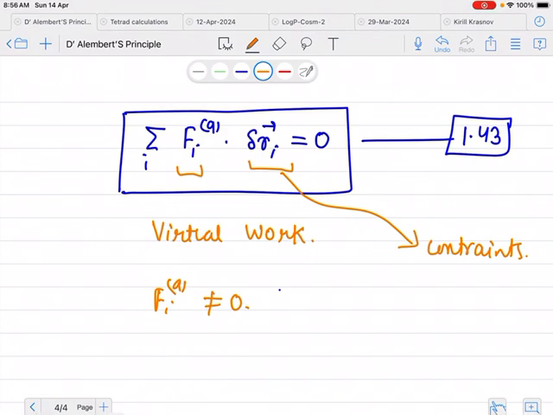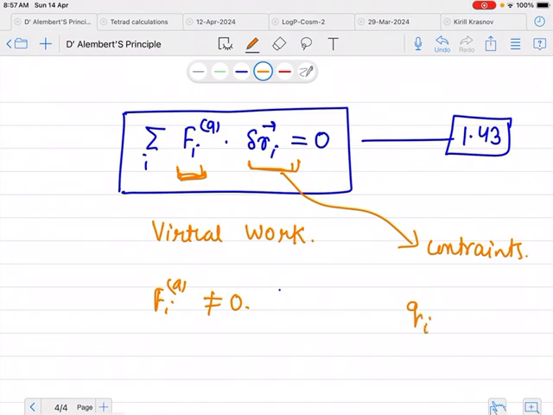If we want to equate the coefficient to be zero, अगर ये ज़ीरो करना चाहते हैं, we must transform the principle into a form involving the virtual displacement of the qi. Means if we want to put the coefficient of virtual displacement to be zero, then we have to change this equation into terms of the